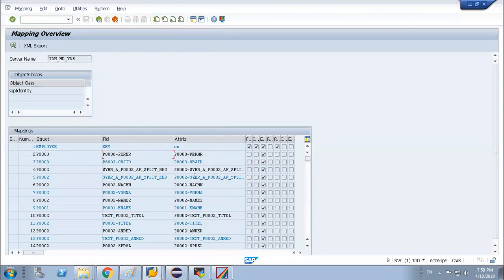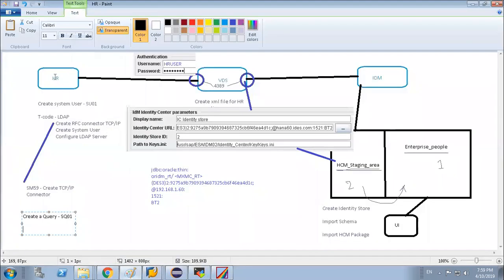Okay. Now we have to map these attributes to our VDS attributes, right? We have to map all these HR attributes to the VDS attributes, correct? Otherwise, how will the HR system understand what data we have to send to our VDS system?